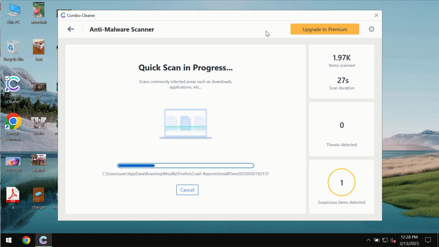The scanning by Combo Cleaner will take some time, of course. It depends on various factors. It may depend on how infected the system is. It may depend on how many hard drives are being scanned at the same time. And at the end of the scanning, you will then see the complete summary of all the threats which were